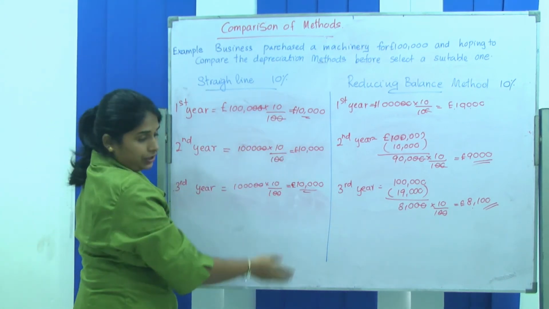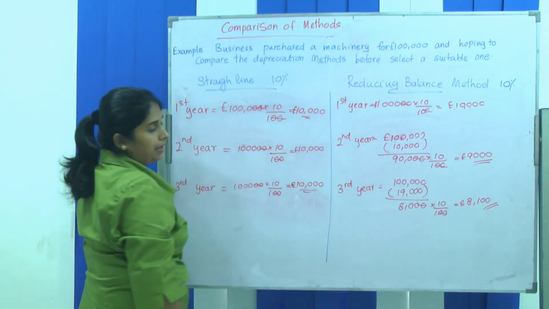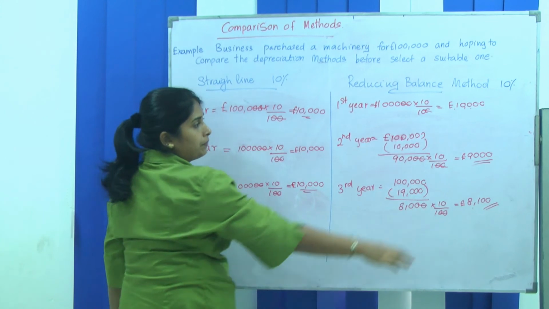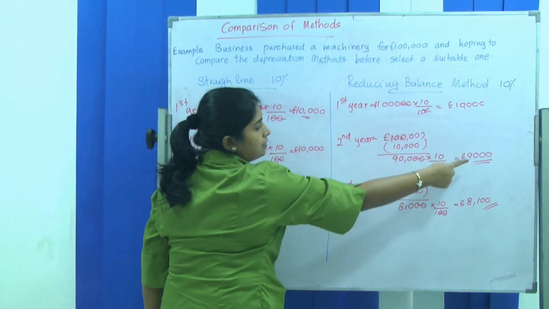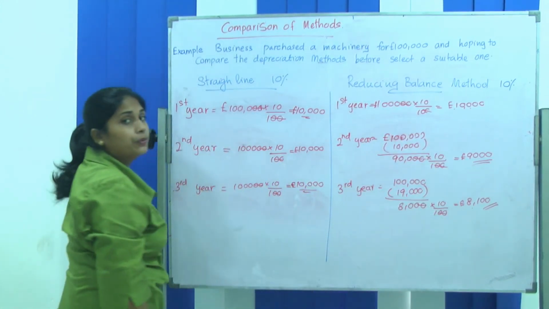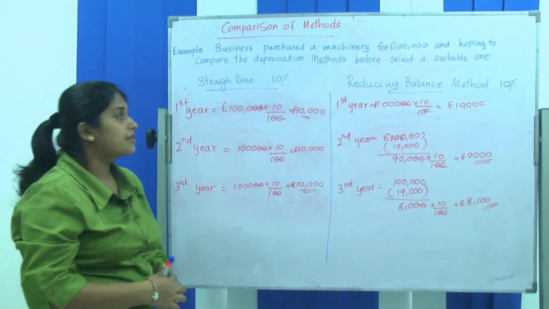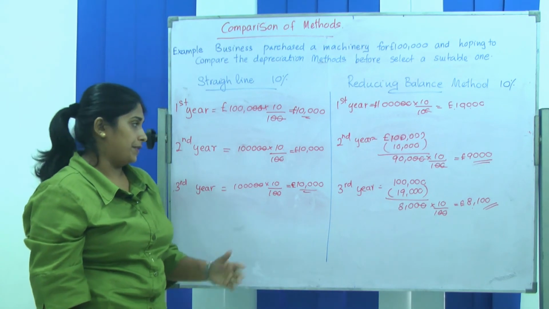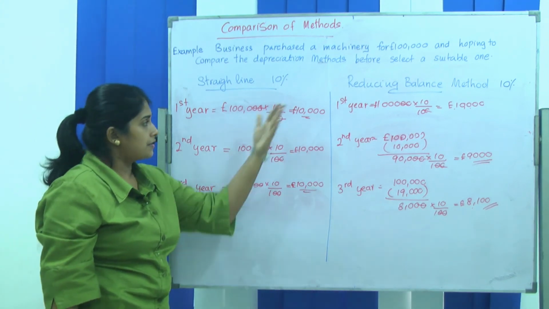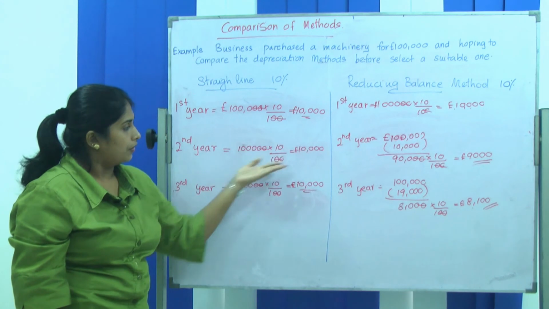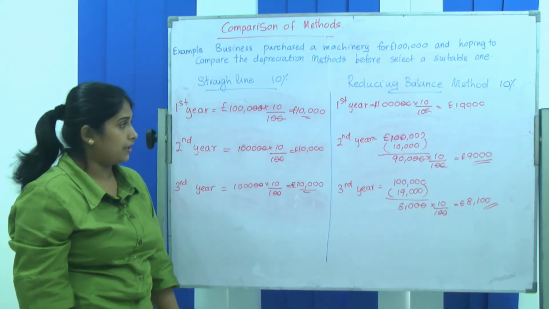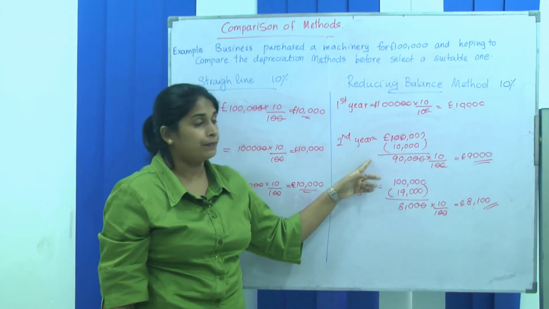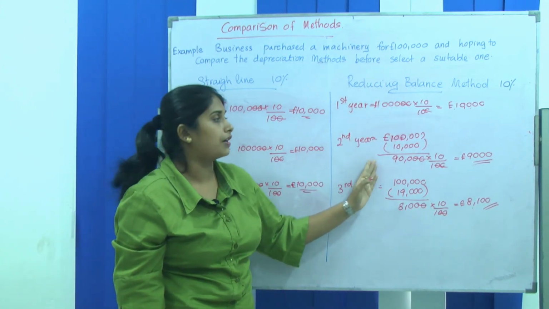reduces the same amount each year, but the reducing balance method, even though the percentages are the same, both are 10%, here the depreciation charge decreases annually until it becomes 0 value of the asset. Okay, so this is what happens. I just want you all to understand the difference. Here the same amount will be subtracted, but here before you calculate the depreciation charge per year, the previous year's depreciation charge should be